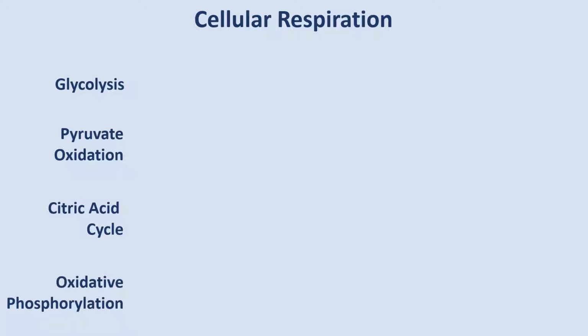So hopefully at this point you have a good understanding of cellular respiration, and if you do, this chart I'm about to present is going to be a gift because it summarizes everything that's happening on one easy to read page. So first off, cellular respiration can be broken down into 4 sets of reactions: glycolysis, pyruvate oxidation, the citric acid cycle, and oxidative phosphorylation. And when we think about any reaction, we can describe them in terms of inputs, that is, the things that you need to make the reaction happen, and outputs,